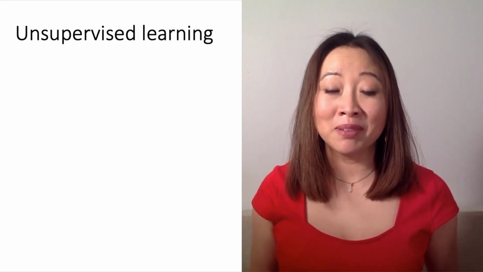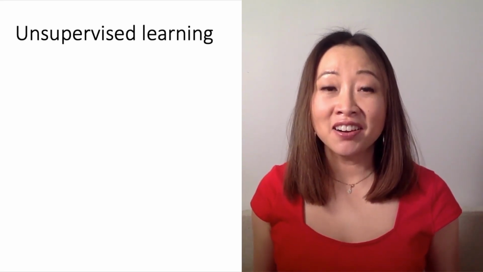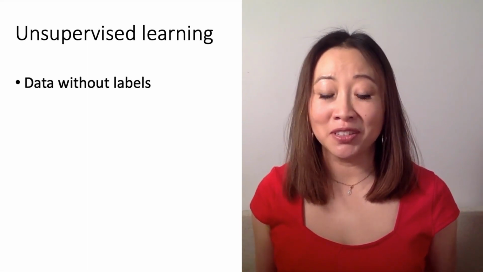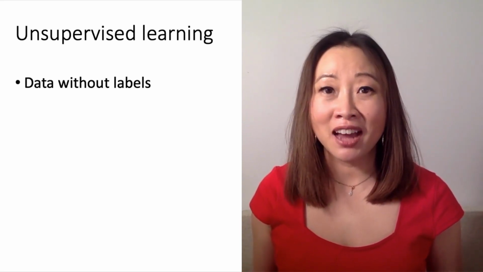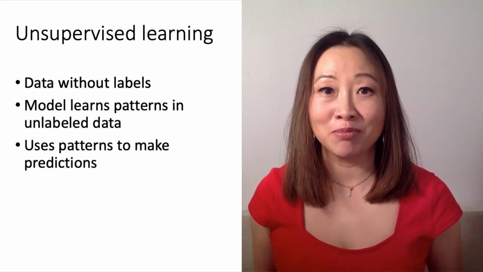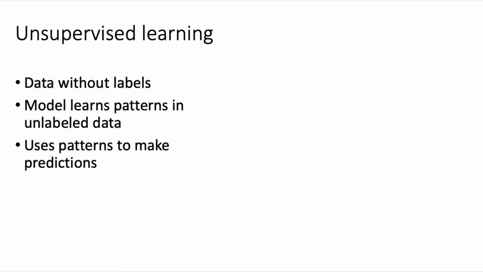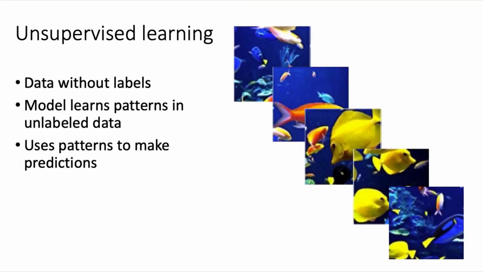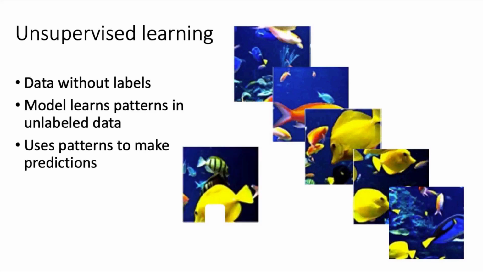The next type of learning problem is unsupervised learning. Here, the model learns on a dataset that has no labels, and instead it just learns what features and patterns are present in this unlabeled dataset and uses these patterns to solve information problems. For example, we might train a model on a bunch of images of fish that don't have labels, and then the model would learn the types of visual patterns that tend to be present in images of fish. And then later, we might give the model an image where there's a missing patch, and ask the model to predict what are the visual patterns that are most likely to be suitable for filling up this missing patch.